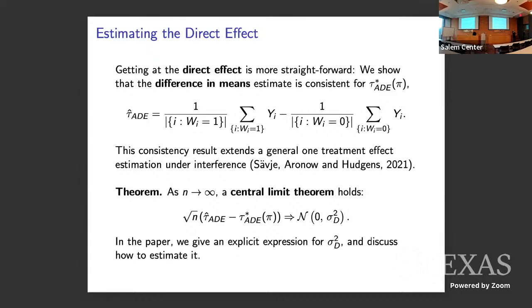The problem is that getting this push forward is really subtle. Think about methods like the bootstrap. If you bootstrap the data set and remove me, you remove my treatment and the effect of my treatment on my own outcome, so that's totally fine. But the bootstrap won't capture the push forward effect, because if you remove me from the data set, prices need to re-equilibrate and the rest of you need to figure out what to do without me in the room. That's not going to happen in resampling methods. So you can't get the sigma d out of classical methods like the bootstrap.